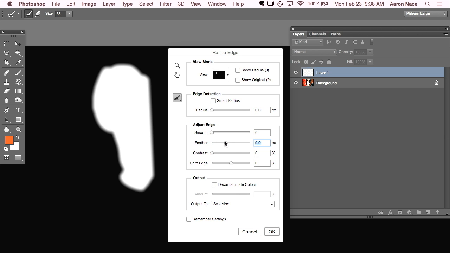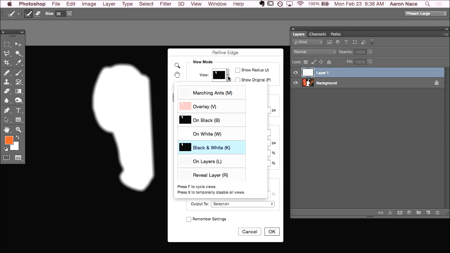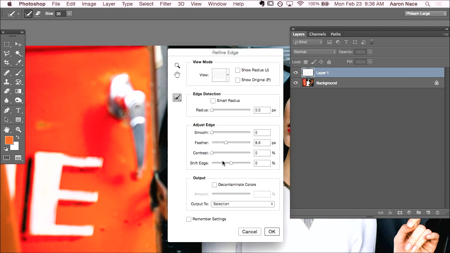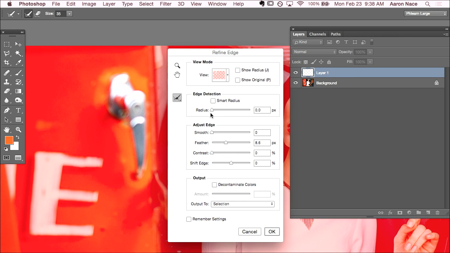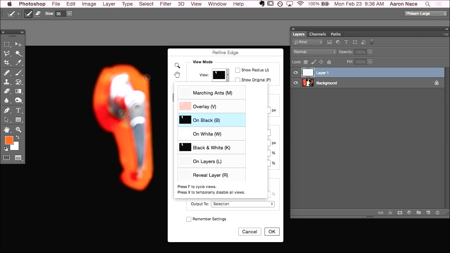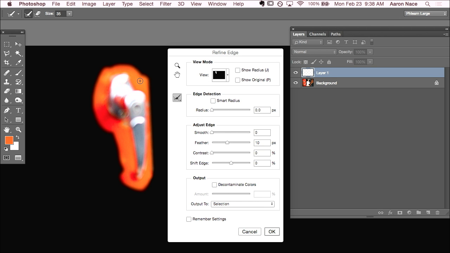There we go. Now, if I do want to match what's going on in my background image, I can choose something like On Layers to view what's going on. Most of the time, overlay would be the best example here. You can probably see it in this case, but it is red on red. So we'll just say 10 pixels, I think looks pretty good. If that doesn't work, we can always come back and refine the edge again. Not a big deal. So just by making the edge a little bit blurred, adding that feathering,